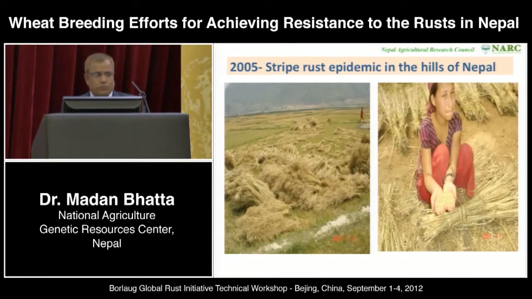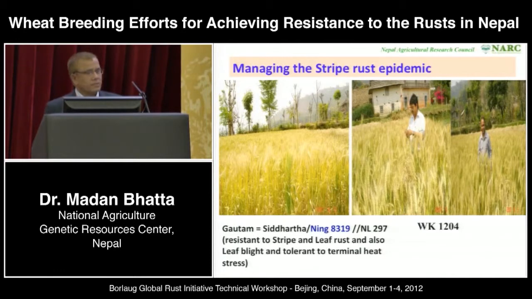This is the situation we faced during the 2005 stripe rust menace. On the left side, the harvested wheat without grains, when we had spike infection. The young lady is showing very reduced size grains with almost 80 to 90% yield loss. With this slide, I will tell a small story of how we managed this 2005